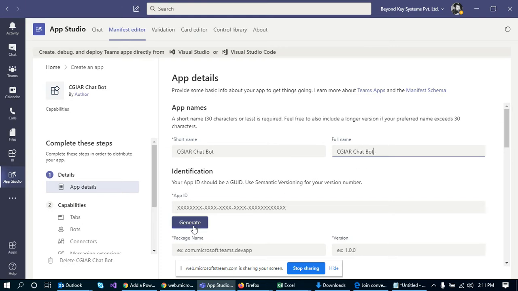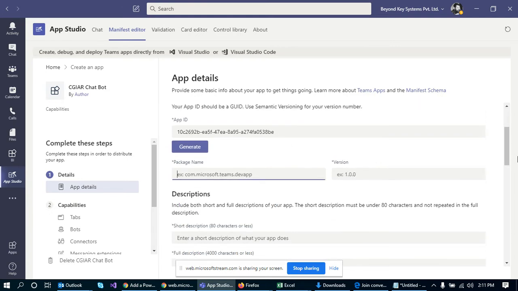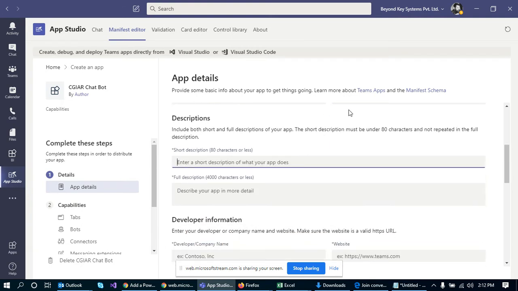Here I'll have to generate a new unique ID, so I'll just click on generate and it will create a new ID. Here I can also name the package, give the version, and give a short description of the chatbot.